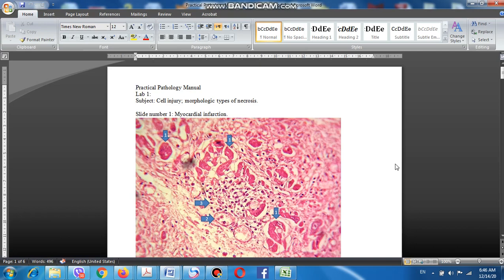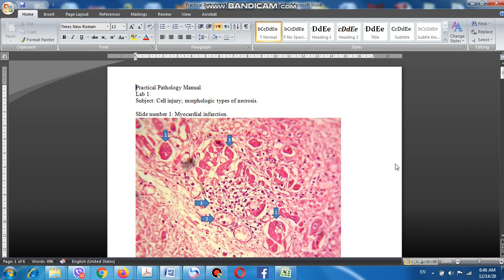The first mechanism is coagulation of proteins that happens during the course of cell injury, during the course of cell death. And the second mechanism is digestion of cell components or cell contents by lysosomal enzymes,